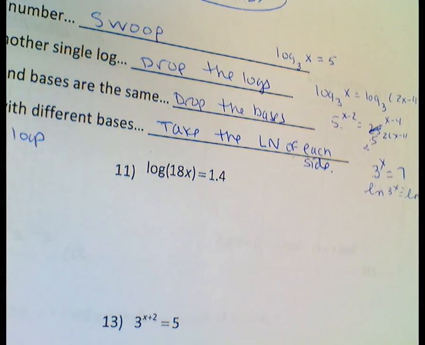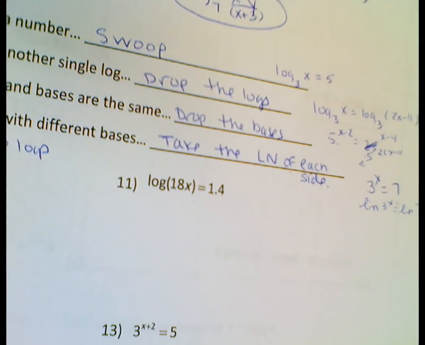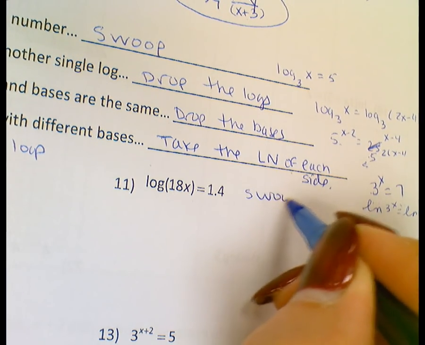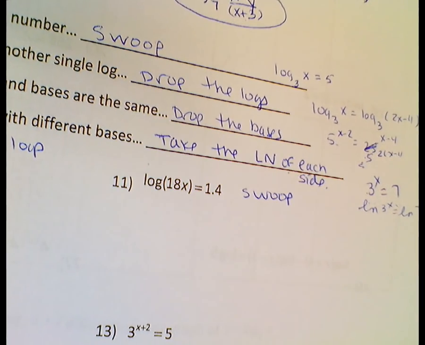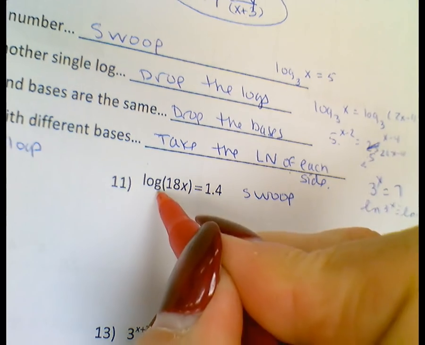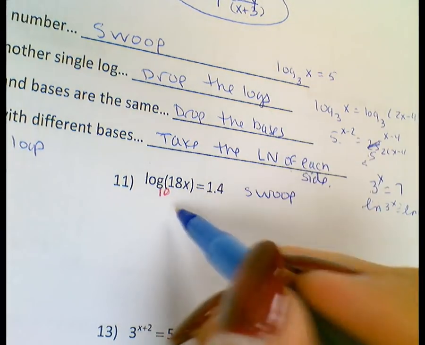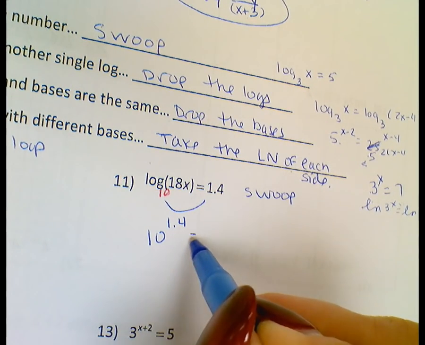All right, 11. Which case do I have? It's case number 1, single log. You are swooping, but in order to swoop, you need a base. What's the base? The base is 10. Fill in your base 10. That's a common log. So if you swoop, it's 10 raised to the 1.4 equals